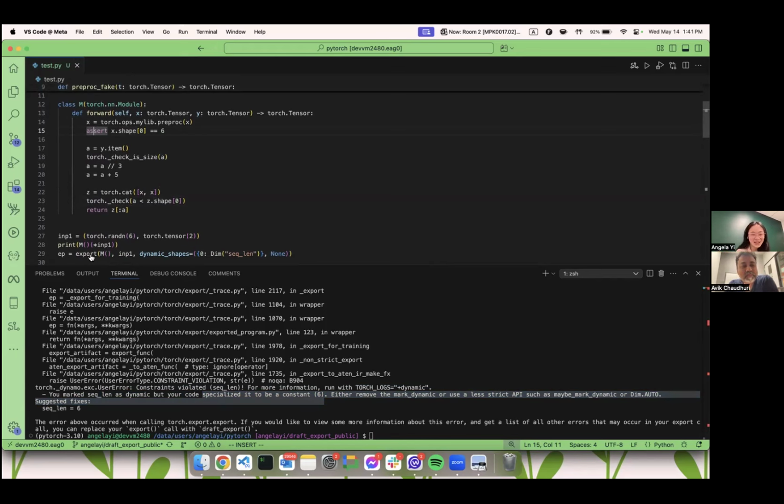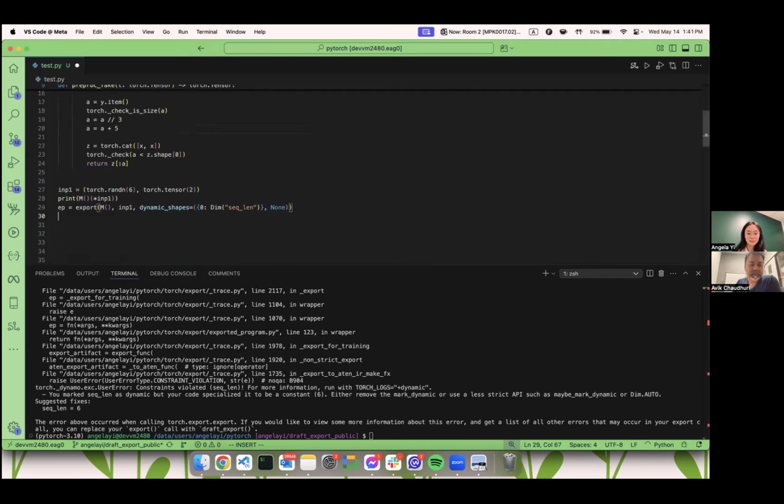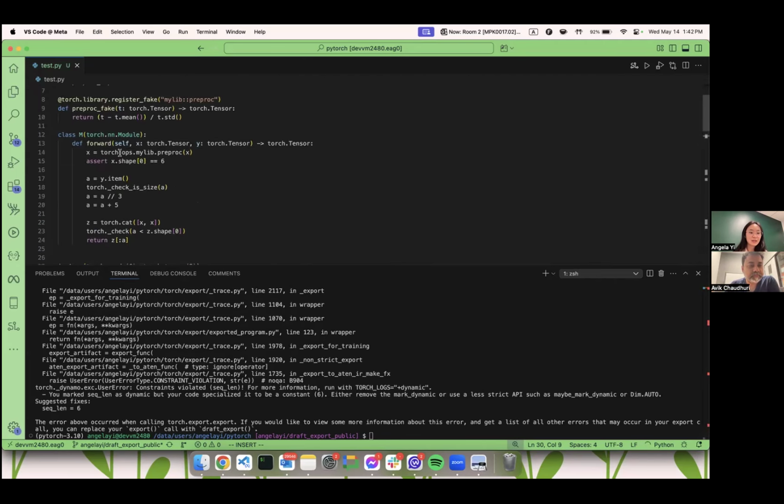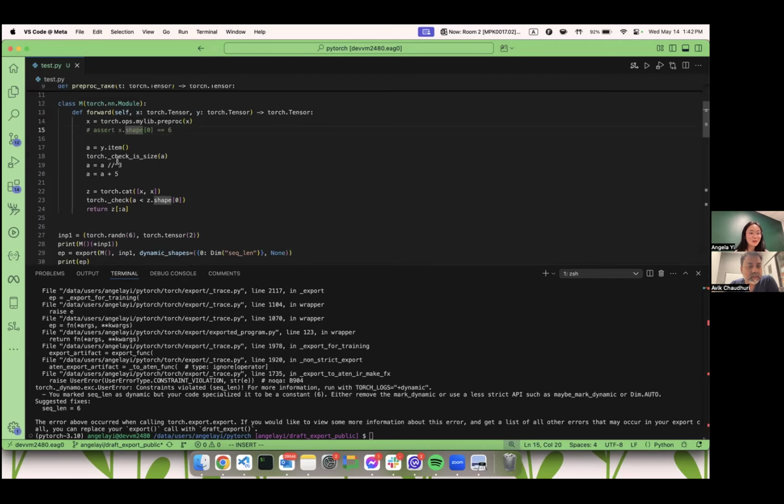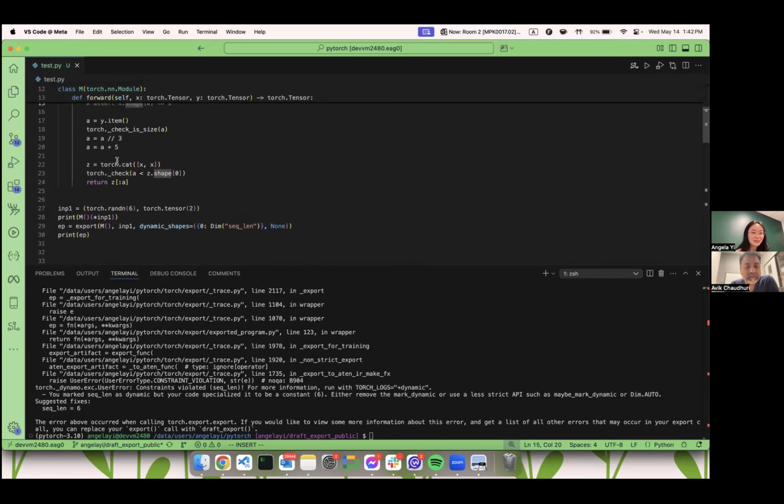In real life scenarios, you haven't really looked at the source code of the model, or in general the assumptions in the model might be baked in pretty deep, and you're just trying out your mental model says that something should be dynamic, but you don't know whether it's going to work or not. So if we comment this out, because maybe this assumption isn't true, or we don't actually want this assumption,